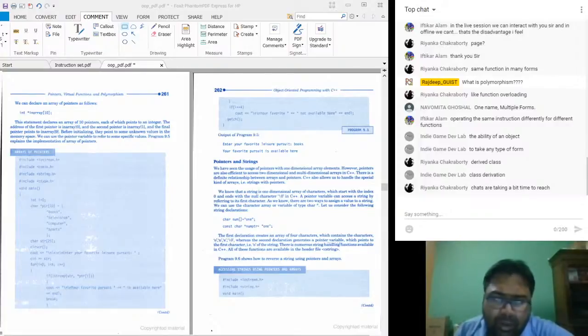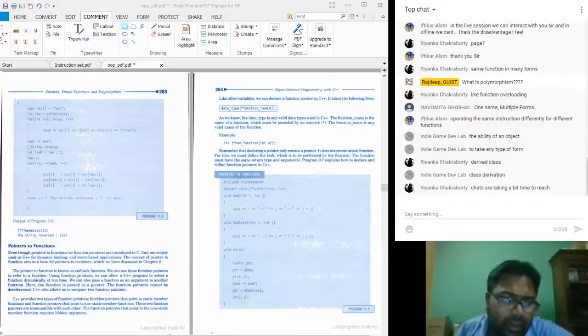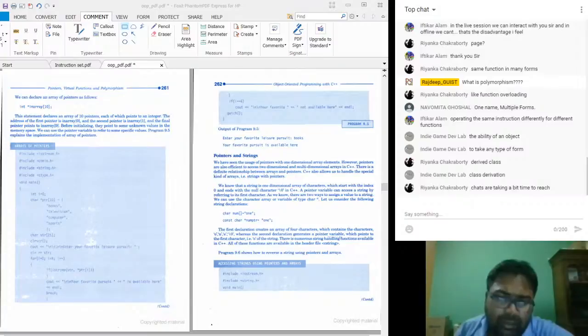You can also use pointers to assign string values, and so on.